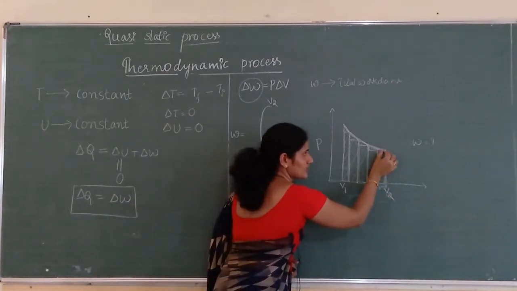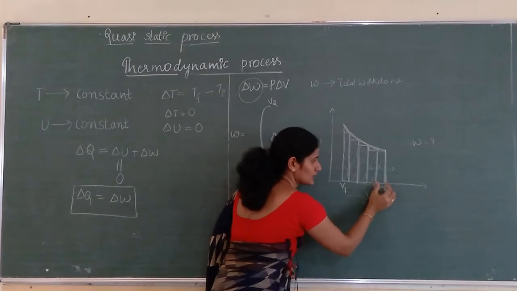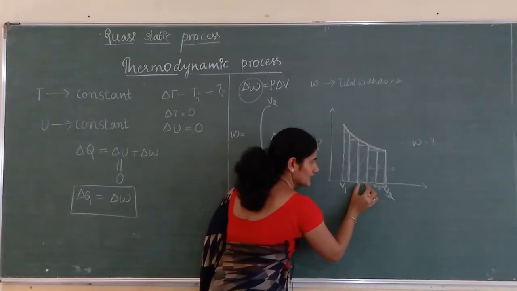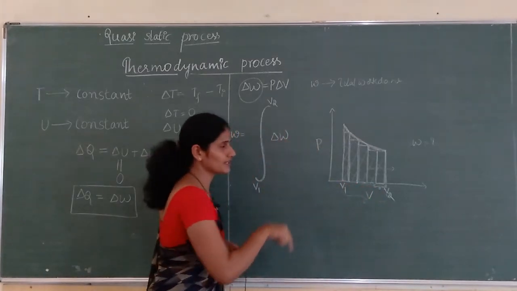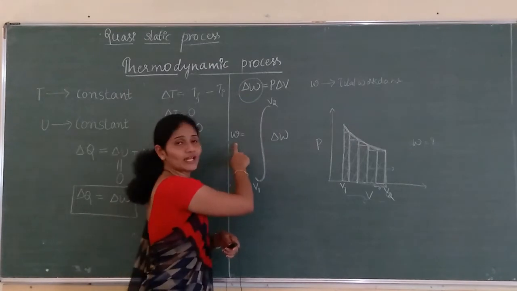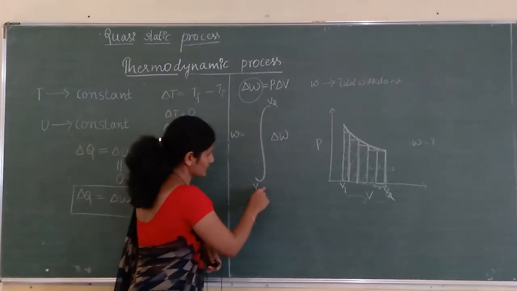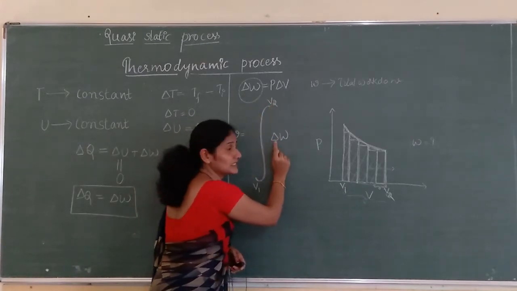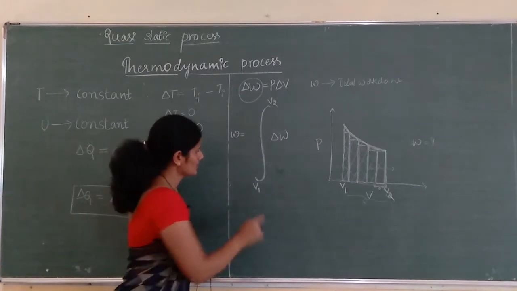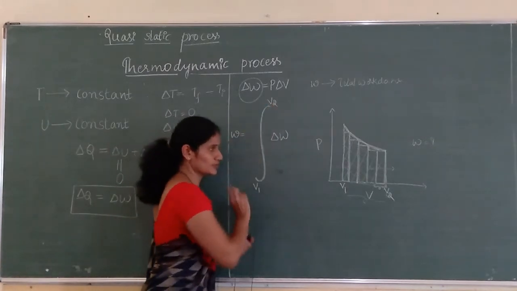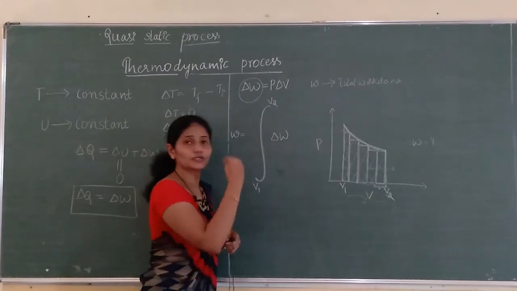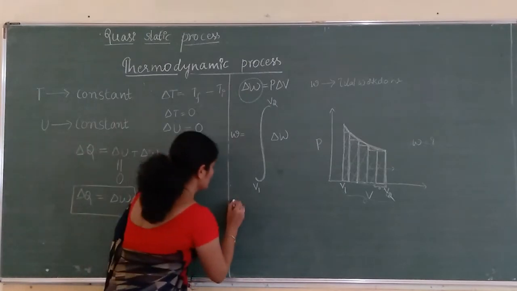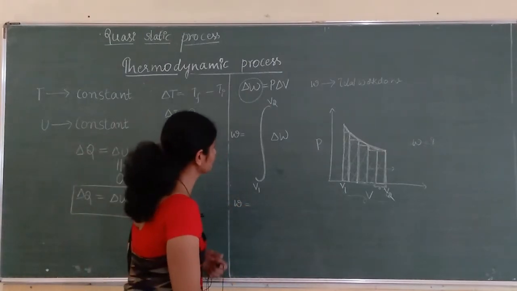So area under this graph gives delta W1, area under this gives delta W2, delta W3, W4, W5. On integrating all the delta W's, we get the value for W. So integration from V1 to V2, integration of what? Integration of delta W. So from V1 to V2, volume is changing from V1 to V2. V1 is the lower point and V2 is the upper point. So work done, W is equal to,